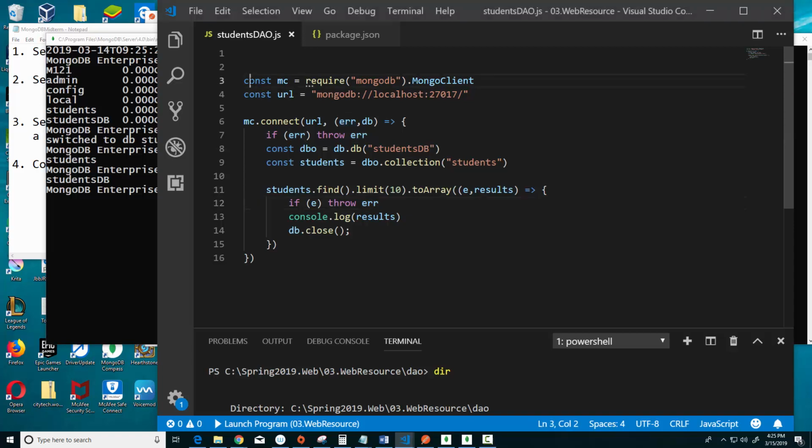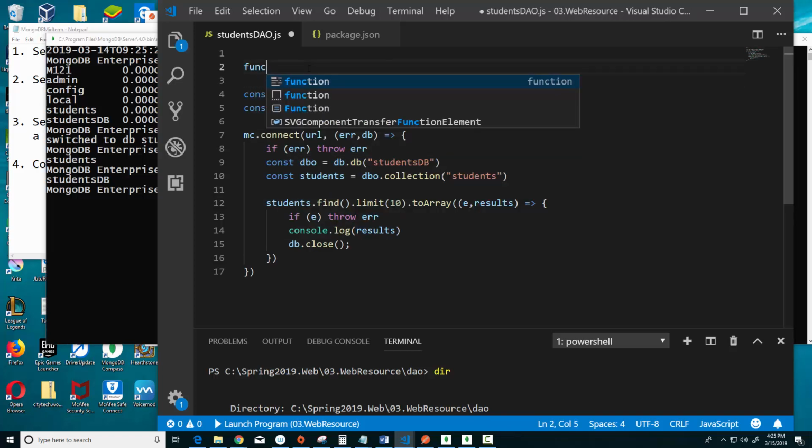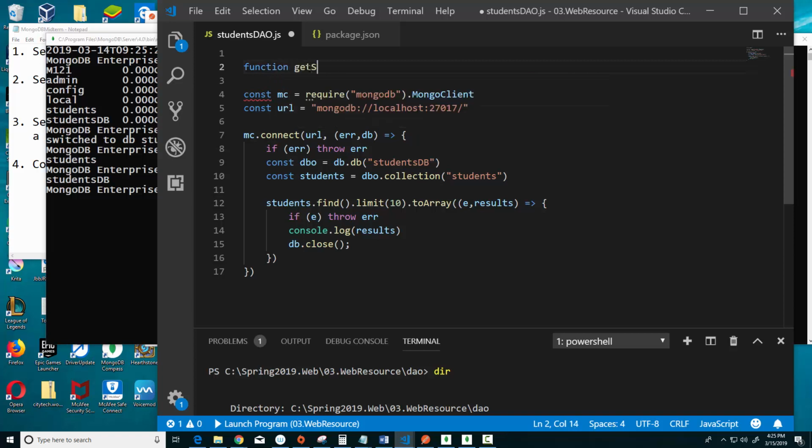All right, the next step is to make this a function. That way we can call it multiple times. So I'll call it when we need it. So first step is let's create a function, get student,